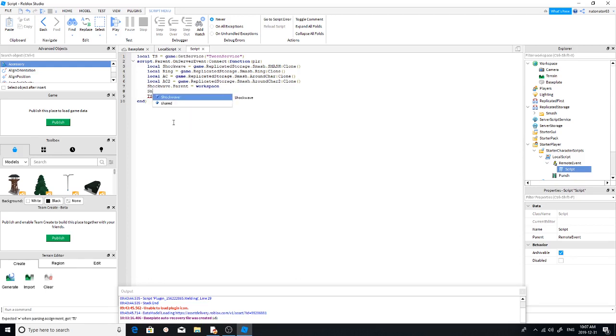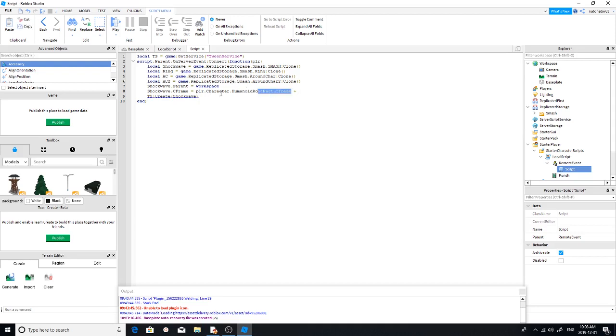So we're going to position this according to the player's humanoid root part, which is basically the player's main part and where it is. Shockwave.cframe. C-frame means coordinate frame. It's the orientation or rotation of the object and the position of it. So the shockwave C-frame is player.character.humanoid root part.cframe